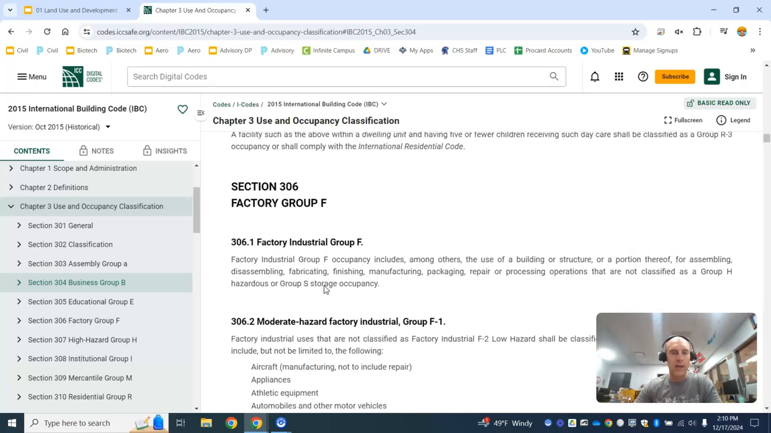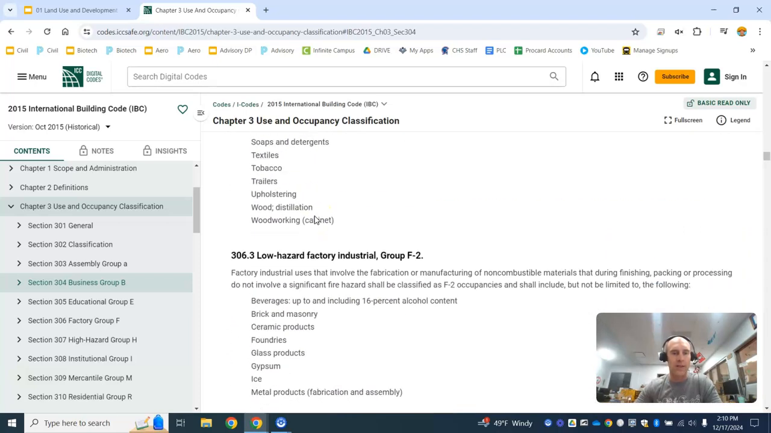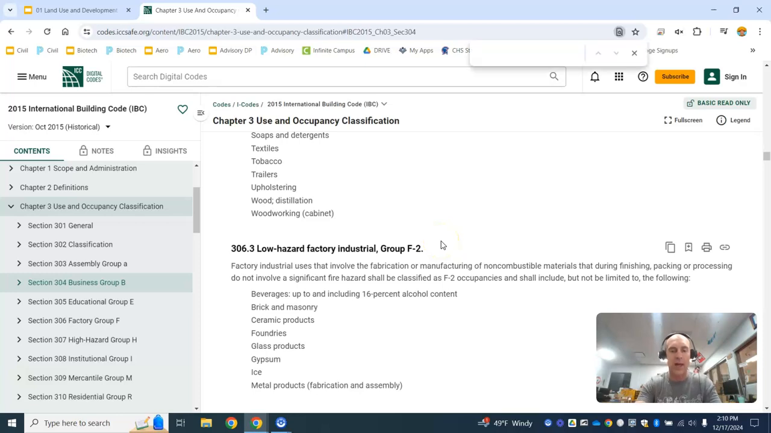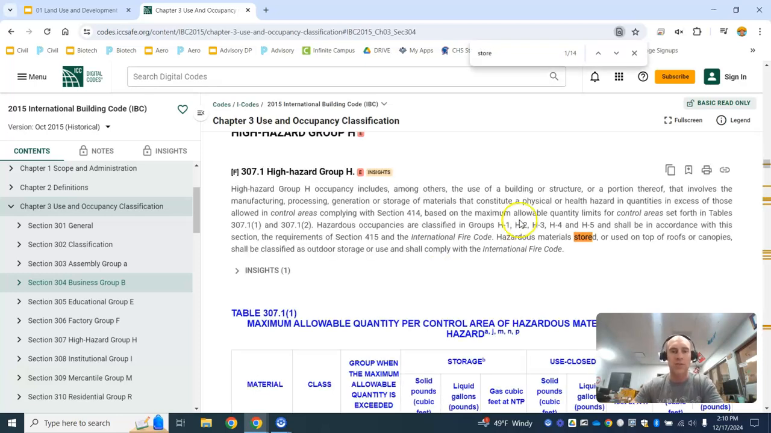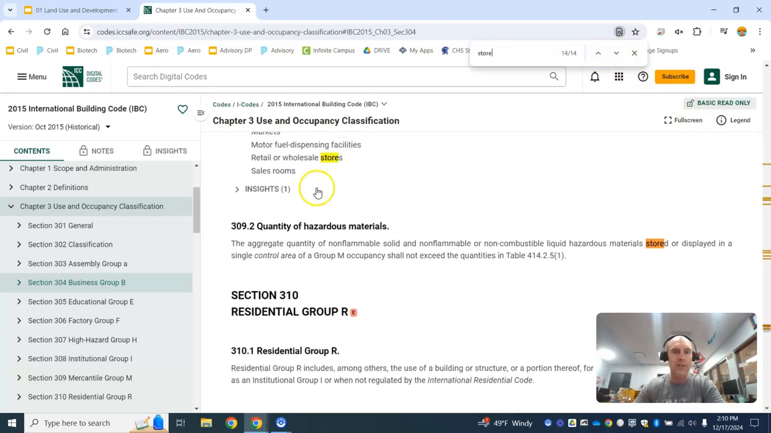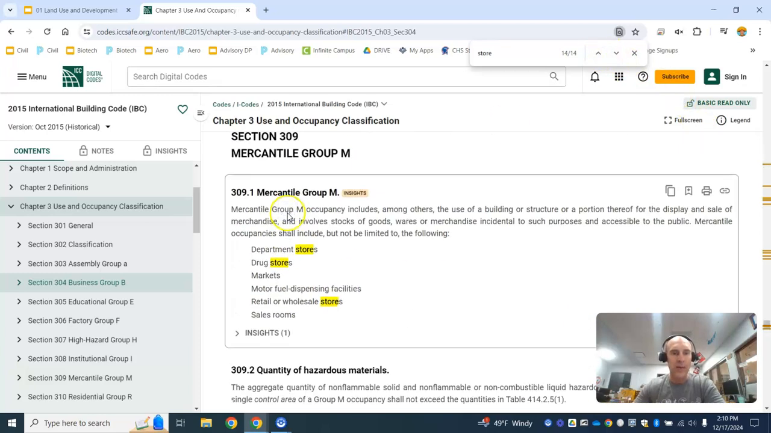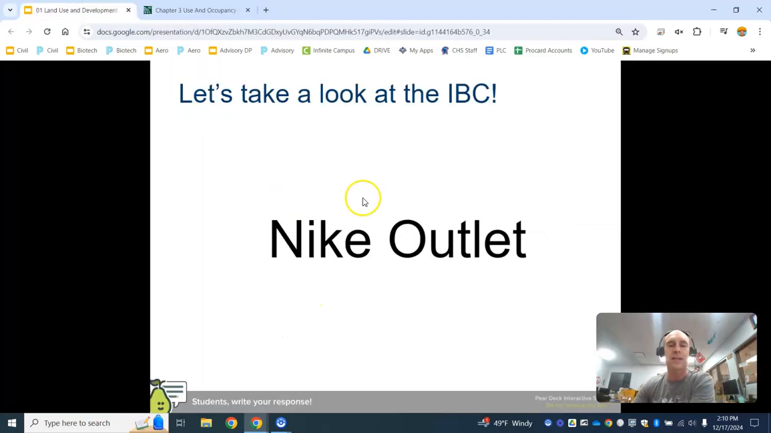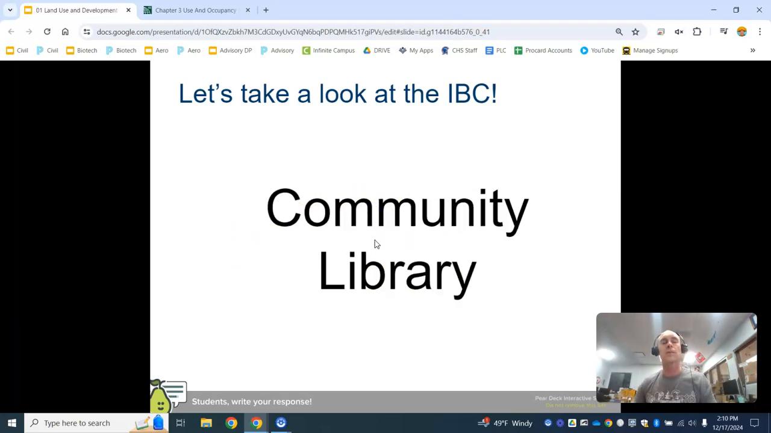Well, we can kind of scroll down here. We have lots of different things. Man, that takes a long time to find. So I'm going to Control F and I'm going to look up just store. And let's see if we can find an example, retail or wholesale store. And what group is that? That's a mercantile group, so that would be a group M. So in class, this is something that we did. We would do a quick search for these things and see if we could find out what their occupancy was. The reason we're doing this is when you build your own commercial building,